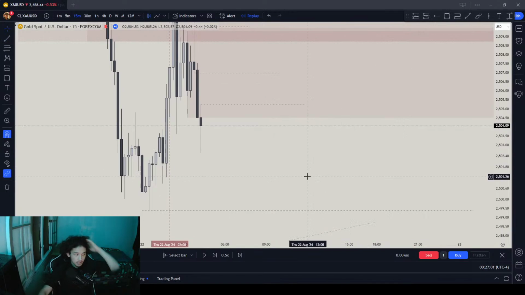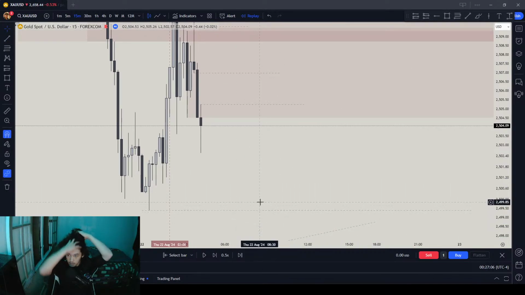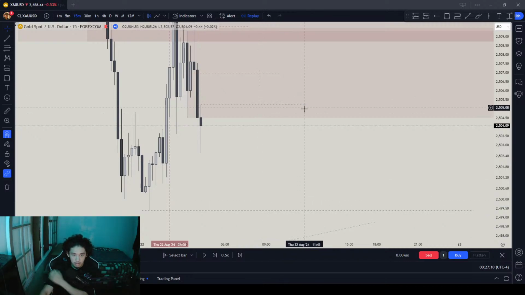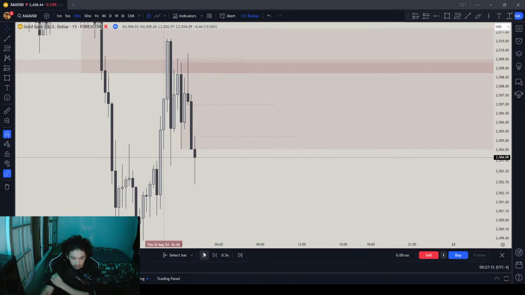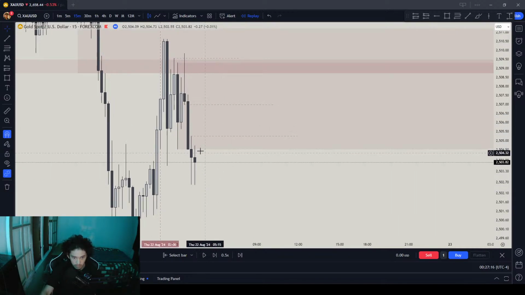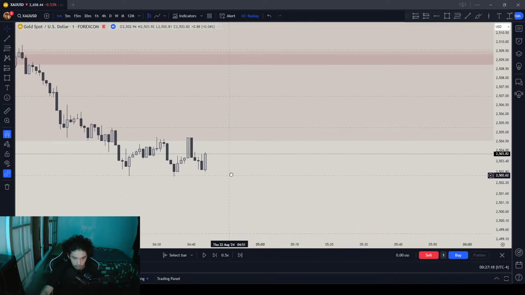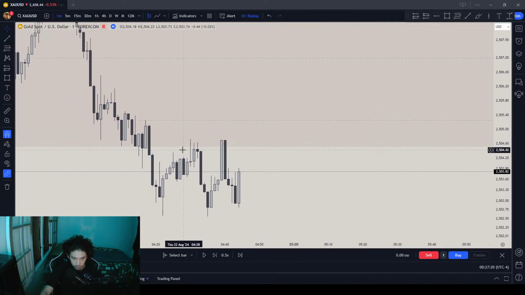So change the main draw on liquidity to the daily time frame to the downside, so we're looking for sells. Okay, we're gonna use the daily time frame more often then. Still finding out. Okay, test my entry criteria. Now we go to the 1 minute to execute. Boom, test it. The 1 minute time frame broke structure